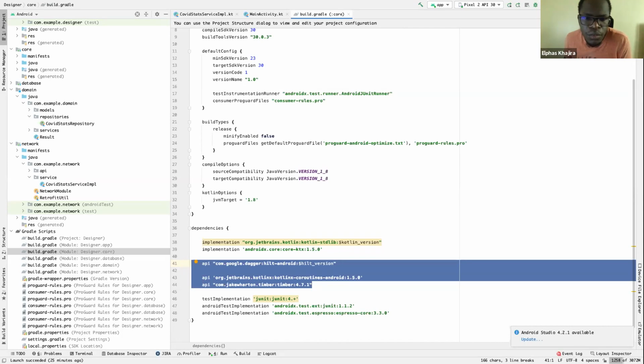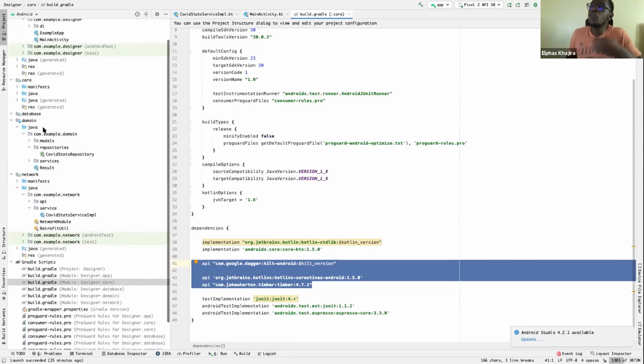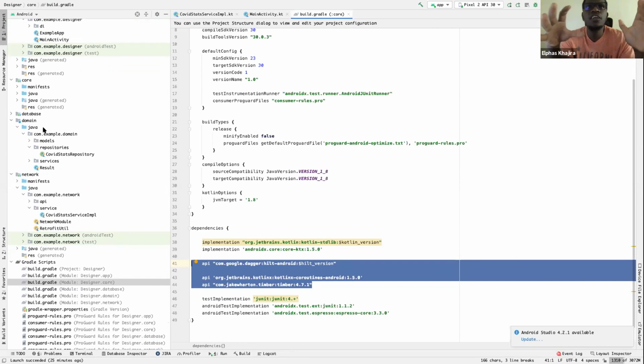Now there's where we've declared the mapping of the entities. Ideally, it again depends. There are people who do it like this. You'll find someone who has a model that they just use in their network class alone, and then another model in their domain that is used in the app.